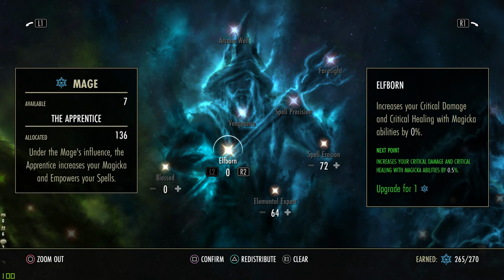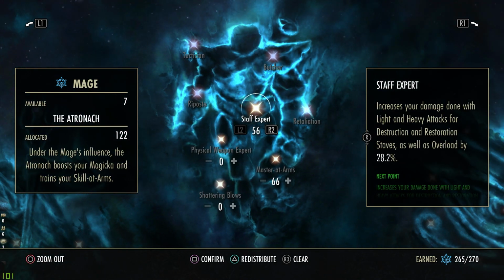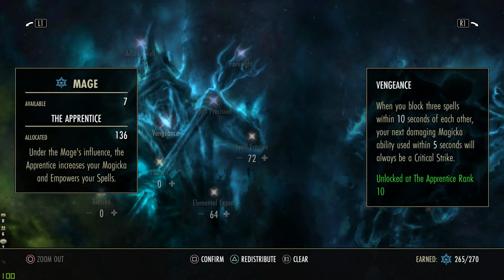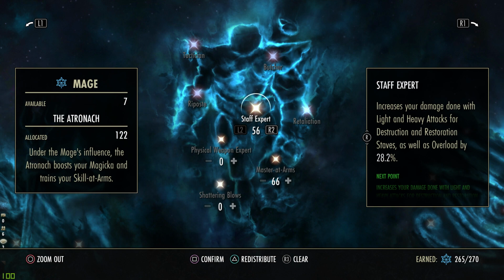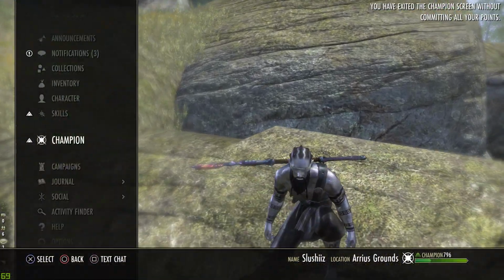Now when I was PvPing last night in Cyrodiil, I was actually hitting stupid hard. Like, I was hitting ridiculously hard and I couldn't figure out why. I don't have any points in the crit, but I'm still hitting so hard. And I went and looked, and it says increase the damage done with light and heavy attacks with Staff Expert. I have this at 56, and it made me think, well, if my light attacks are doing 28% more damage, and I'm using